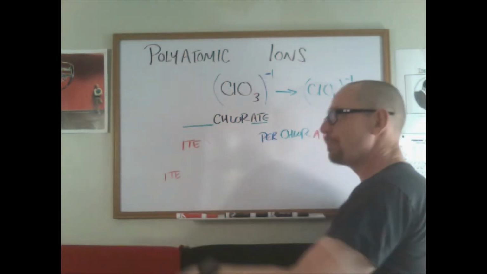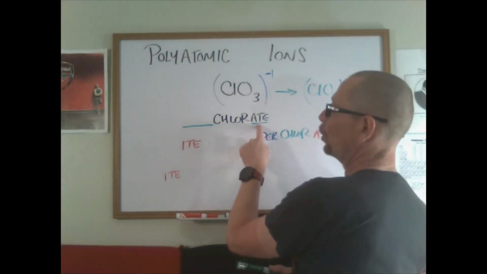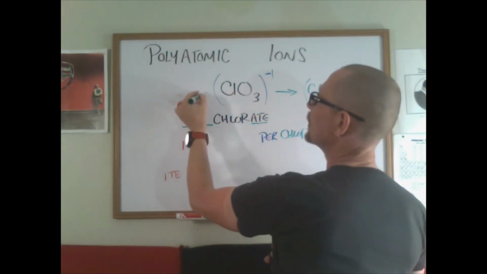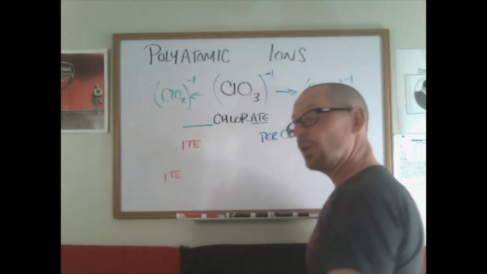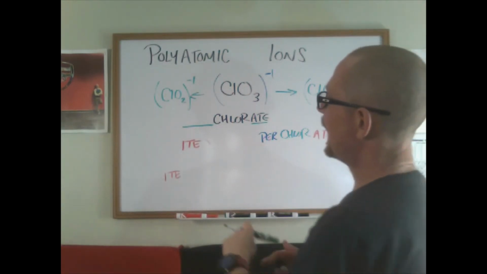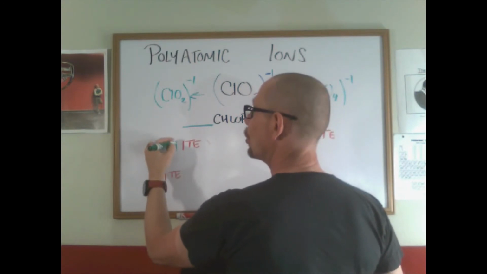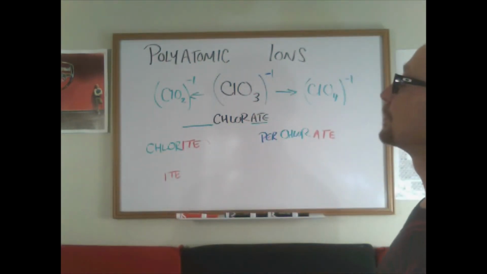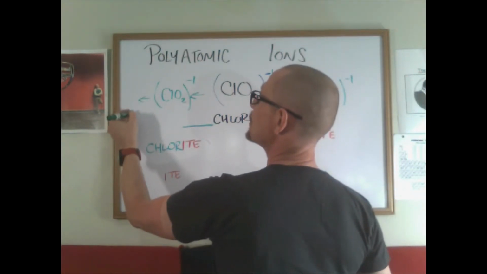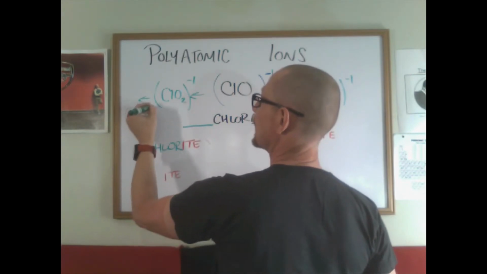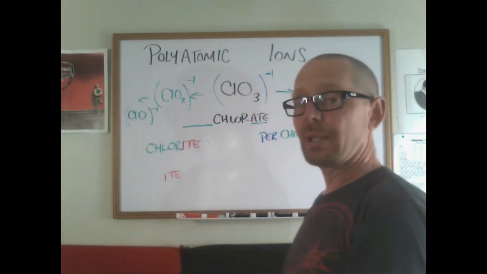So if I go back the opposite direction, I'm going to stick with my chlorate, but now I'm going to reduce the amount of oxygen by 1. ClO2 negative 1, still that same oxidation state. And now ate becomes ite. Chlorite. Okay? I can reduce it by 1 more. ClO negative 1. Chlorite becomes